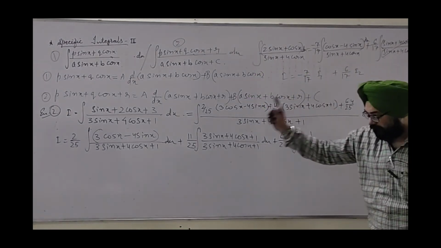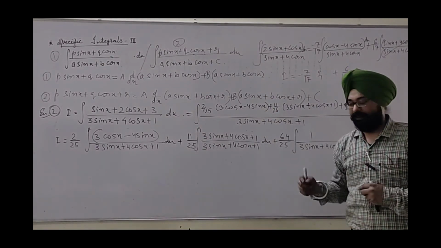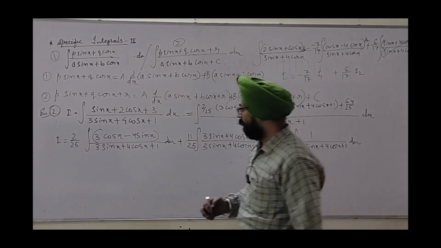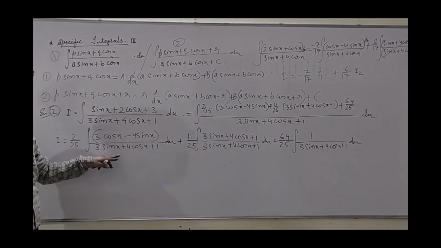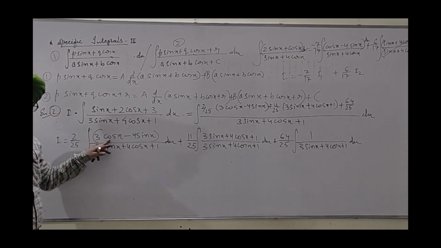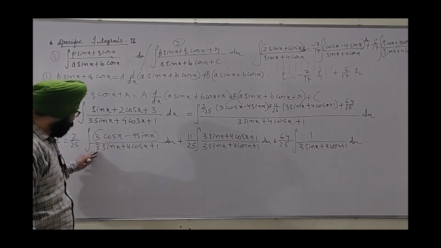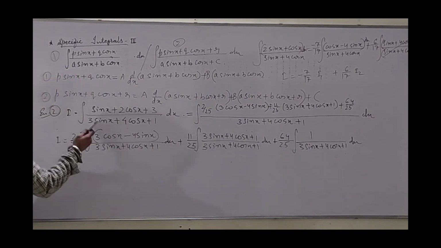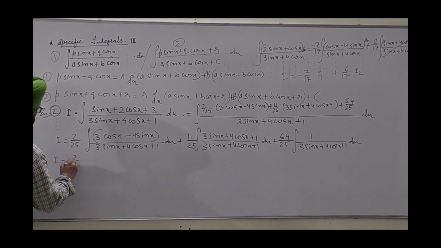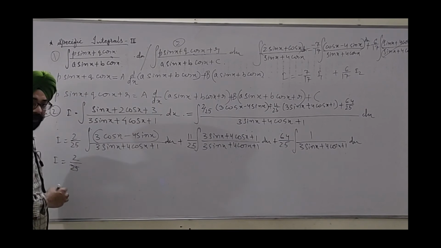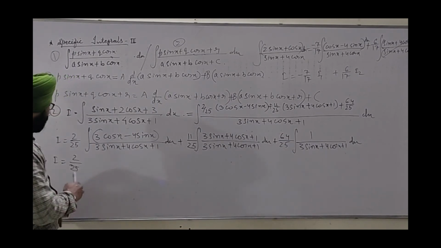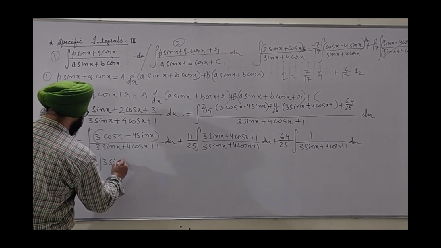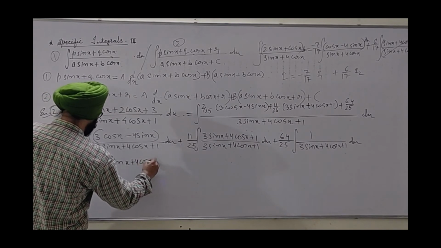I find that the first can be done directly, it is similar to the previous case. Second is much easier. Third, we have to put in effort. How? We know that the numerator is obtained by the differentiation of the denominator. So if I substitute the whole denominator as t, we will get dt upon t. And obviously, every time, in the previous case also you could see, this directly can be written as log of 3 sin x plus 4 cos x plus 1.